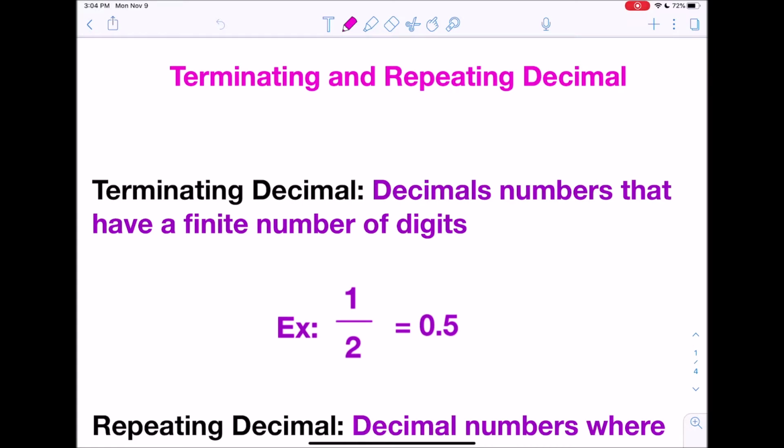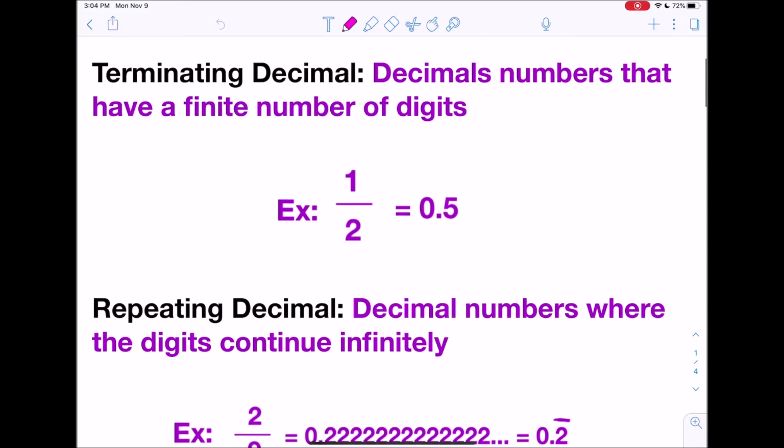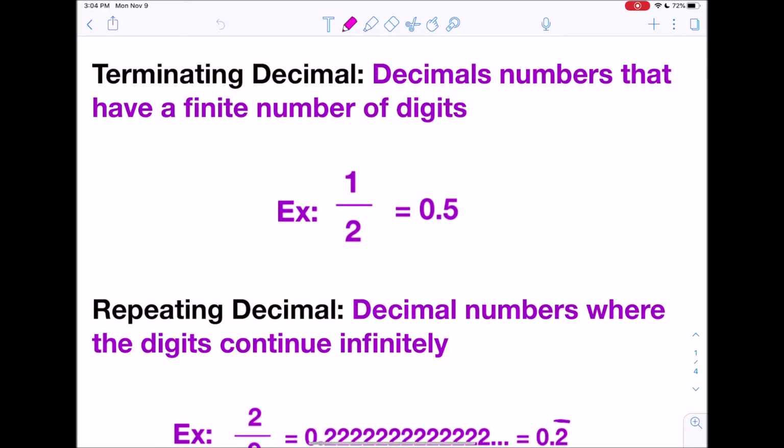Today we're looking at terminating and repeating decimals. Okay, so terminating decimals are decimal numbers that have a finite number of digits. Here's an example. 1/2 equals 0.5. The decimal is 0.5 and then it stops. It has a limited number of digits, right? It doesn't go on forever. Finite means that there's an end. Infinite would mean it goes on forever. So this is a terminating decimal because, as you can see, we get a decimal answer that stops after the